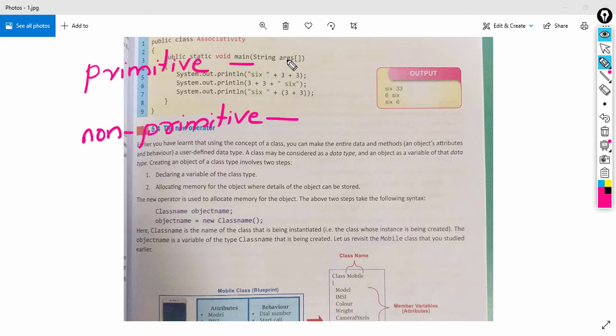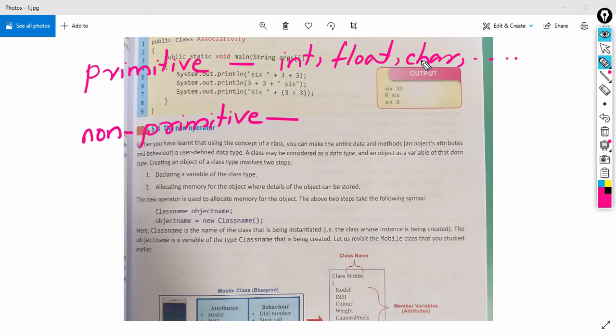So you know primitive data types. Primitives are the built-in data types such as int, float, char, boolean, and many more. Actually there are 8: byte, short, int, long, then float, double, then char and boolean.